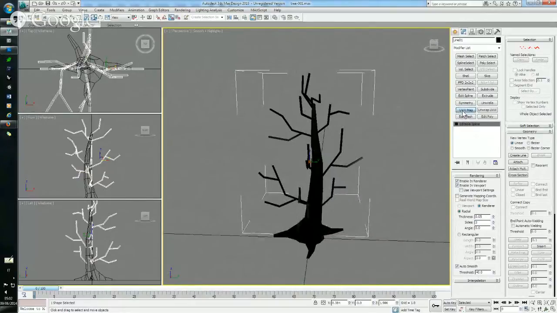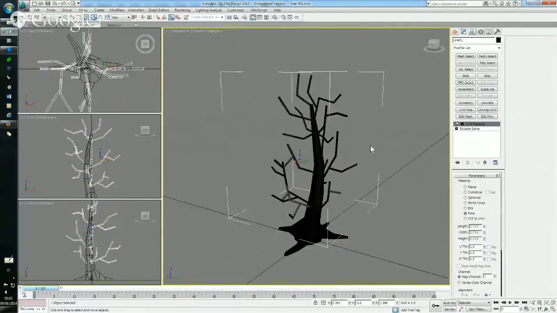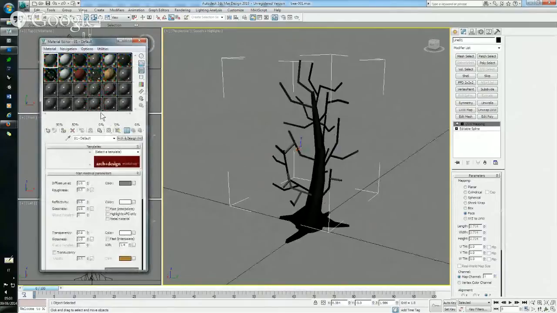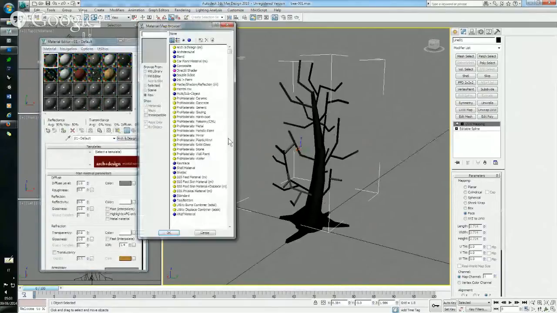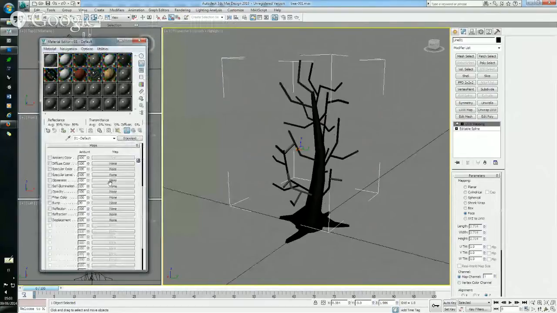Let's choose UV map and give them not a cylindrical, not a spherical, not a box, but a face texturization. This means that if we are going to apply a texture to this one,